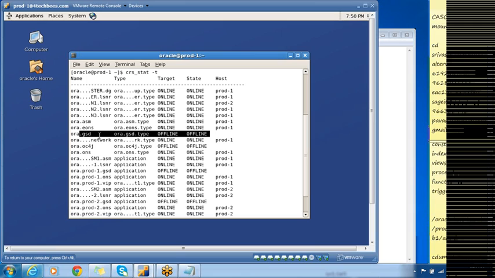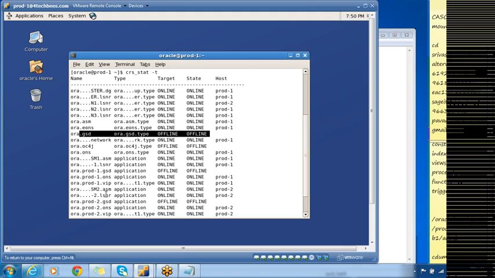Just forget about the GSD. This will be offline because we haven't configured the GNS. As I already told you, the SCAN IPs can be configured using Grid Naming Service or DNS.